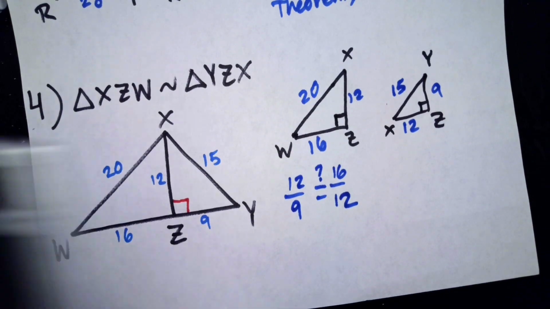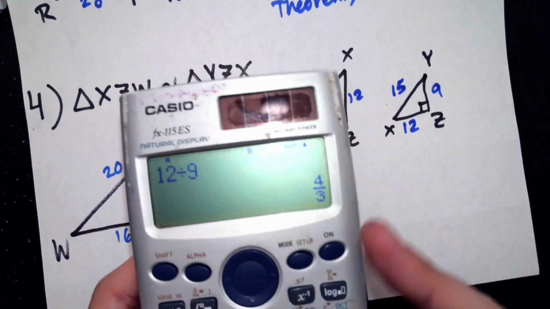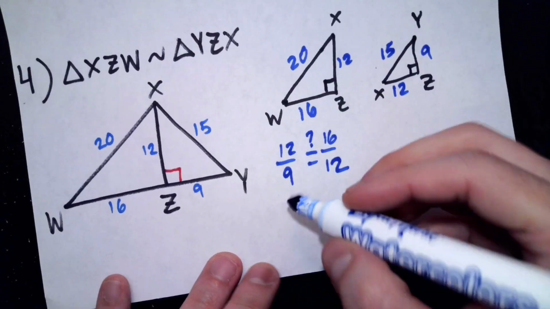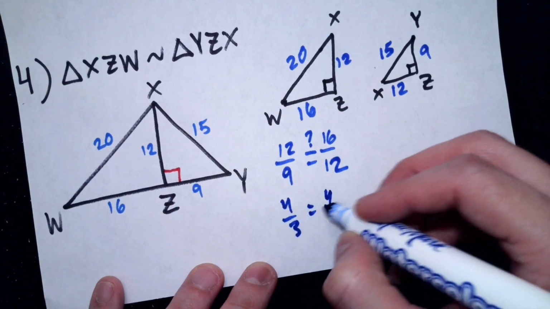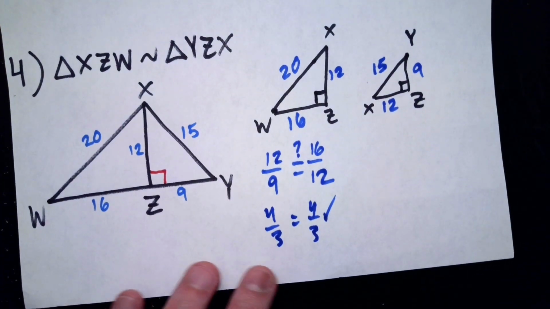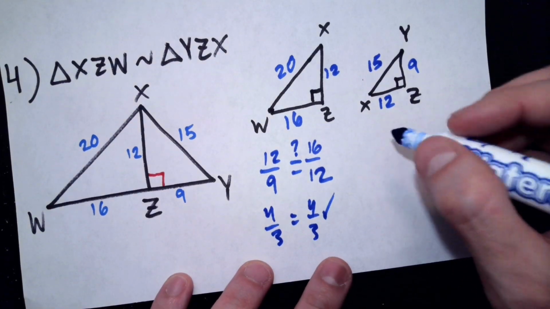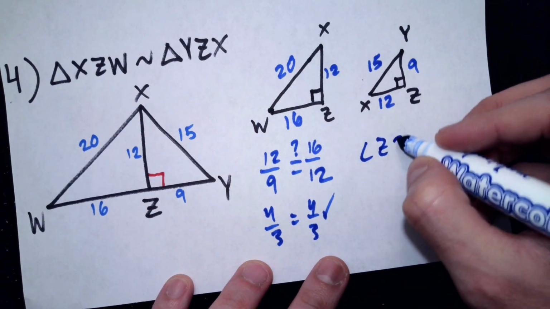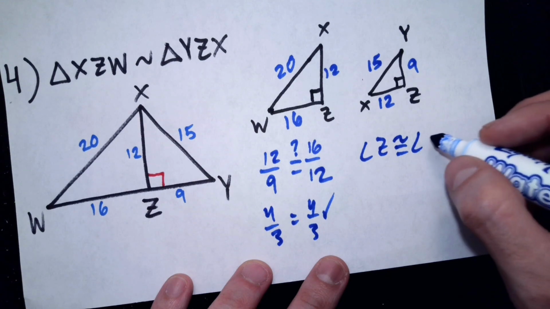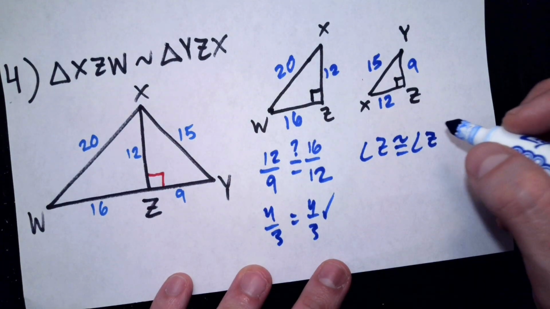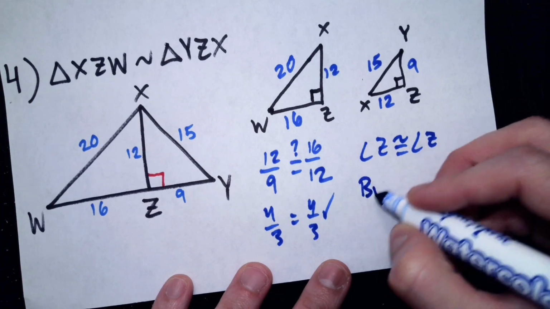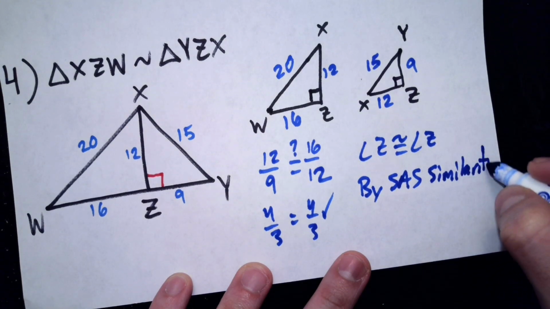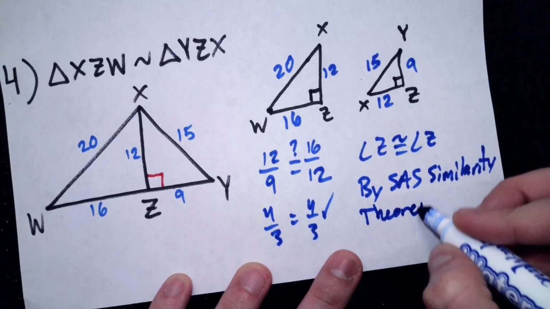So let's see if that's true. 12 divided by 9 gives me 4/3. 16 divided by 12 gives me 4/3 again. So just like the one on top, we have our pair of corresponding sides. And because we have that angle Z is congruent to itself, we know that by the SAS similarity theorem,